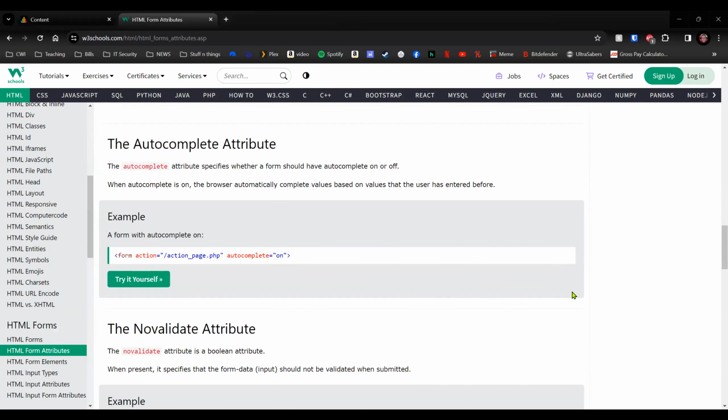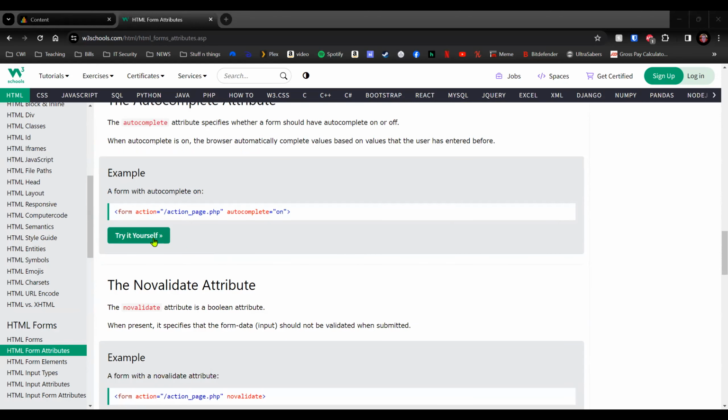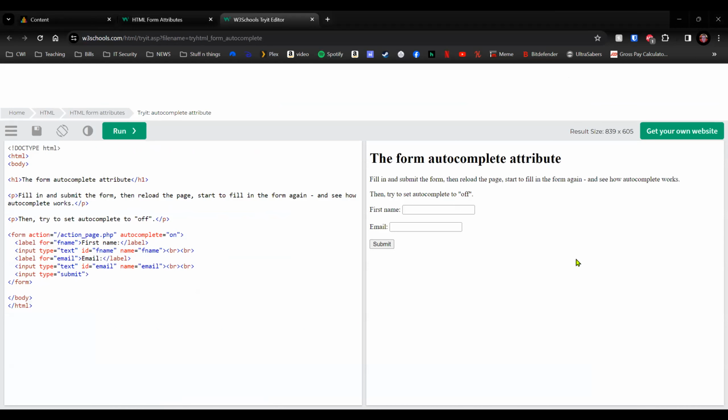Autocomplete attribute. So this is kind of one of those can be good, can be bad things. It specifies whether a form should have autocomplete on or off. When it's on, the browser automatically completes values based on values the user has entered before. So there we go. And on this one,